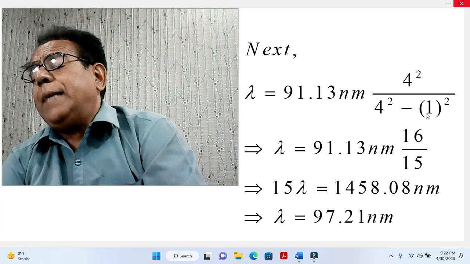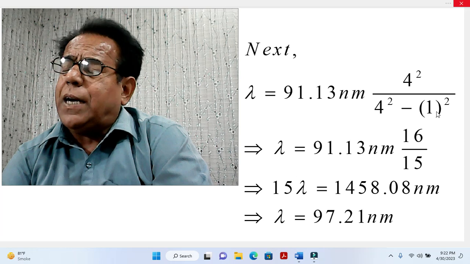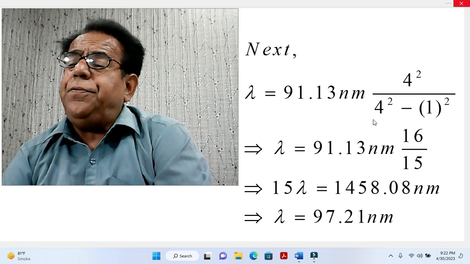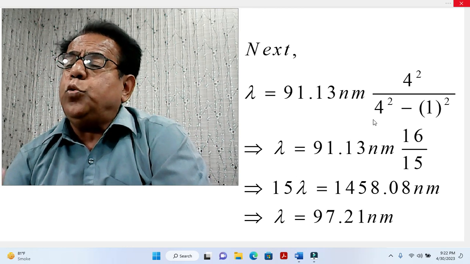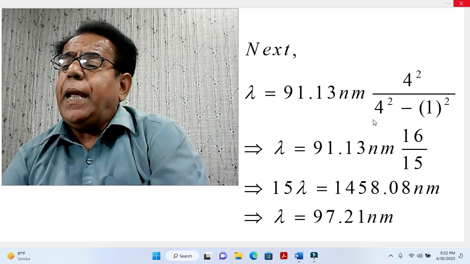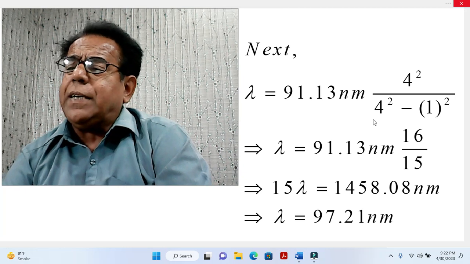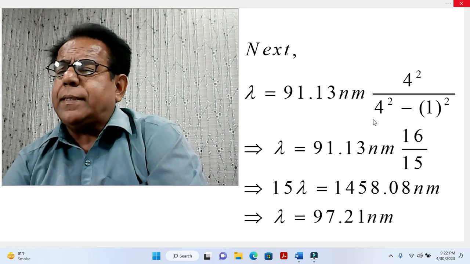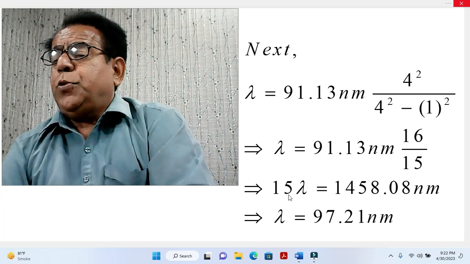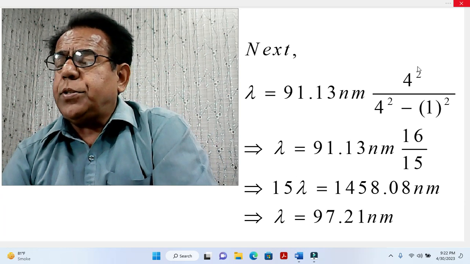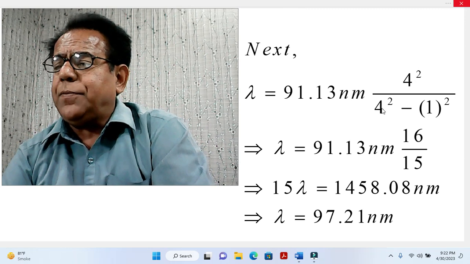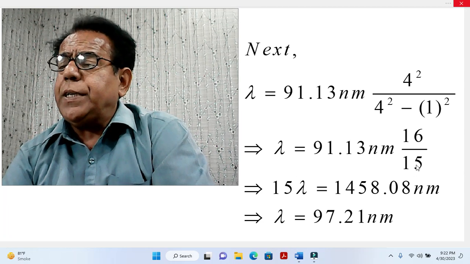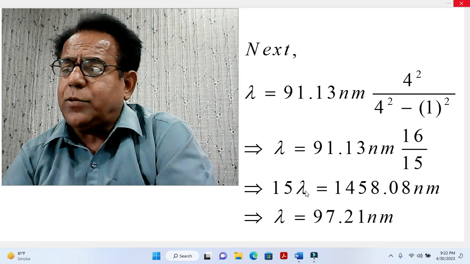As I have said earlier, n naught will always remain 1, but n will be increased from 2, 3, 4 and 5, 6, 7, but we are asked to get 3 values, 3 wavelengths, 3 lines. So this will become lambda equal to this into 4 square 16, and here 4 square again 16, 16 minus 1 is 15. So 16 over 15, here 15 will be multiplied with this, and so 15 lambda will become